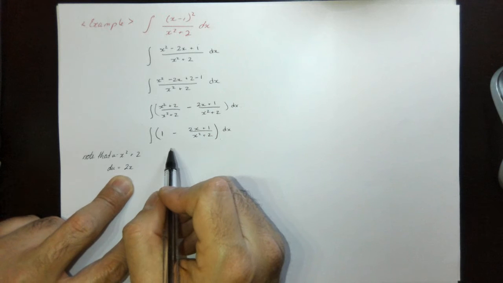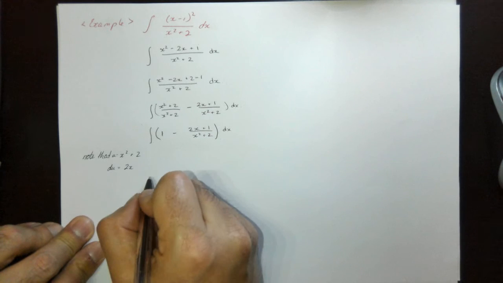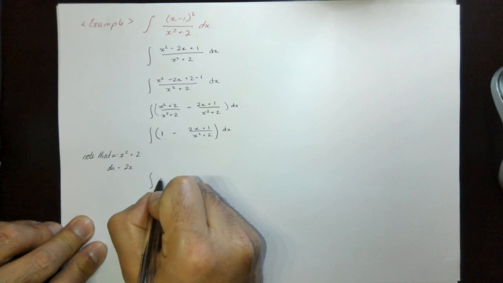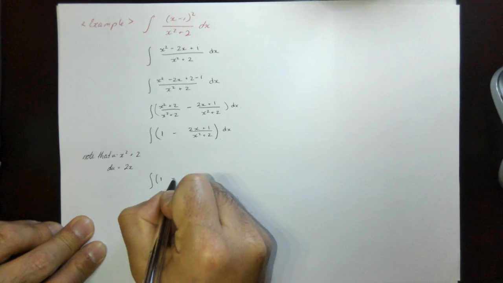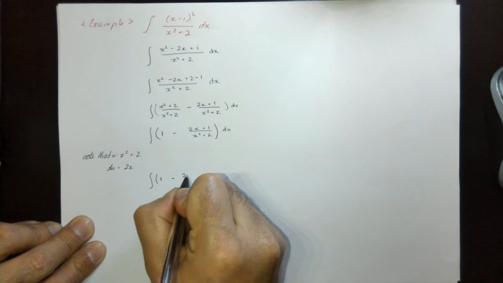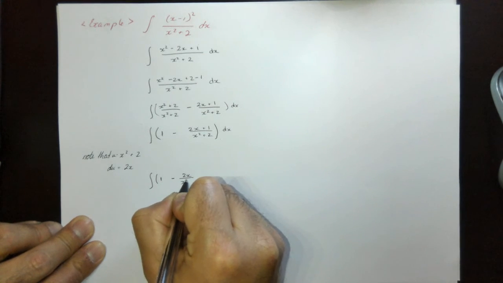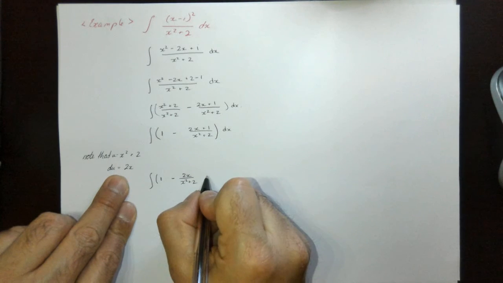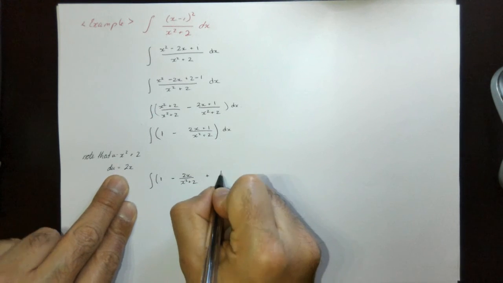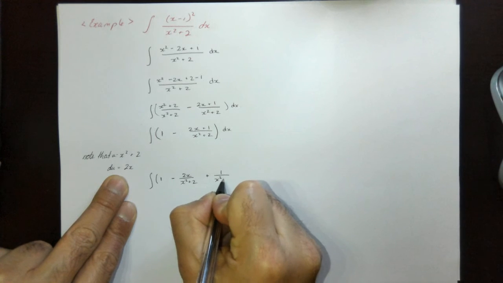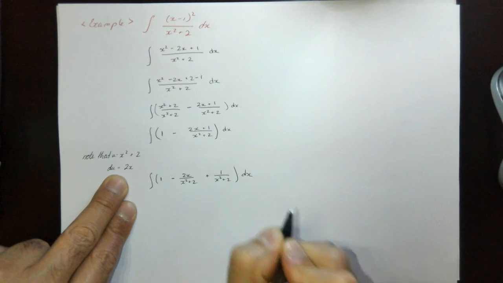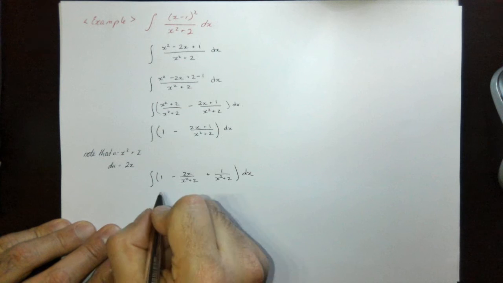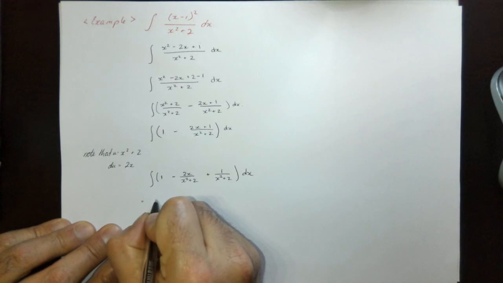So what I'm going to do is separate this even more. I'm going to get 1 minus 2x over x squared plus 2, because I've got that derivative there, plus 1 over x squared plus 2 dx. Well, that's just going to give me x,